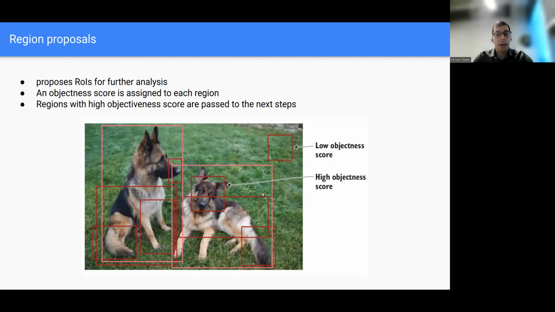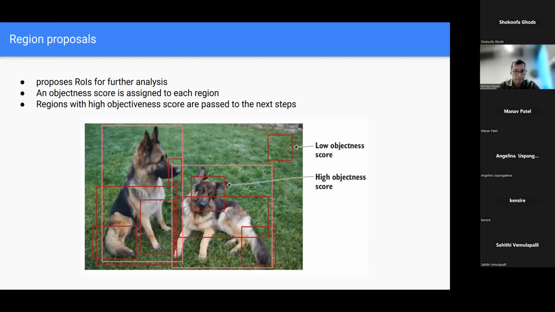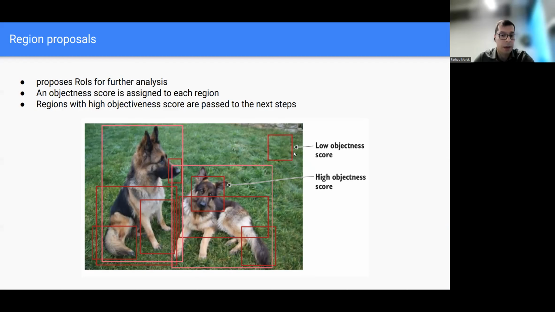Okay, we talked about bounding boxes. Here you see one example. There are 2 dogs in this image, and we have several bounding boxes. We see that some of these bounding boxes have a significant part of the dog covered, but might miss parts. And there is a bounding box in the top right corner where there is no object.